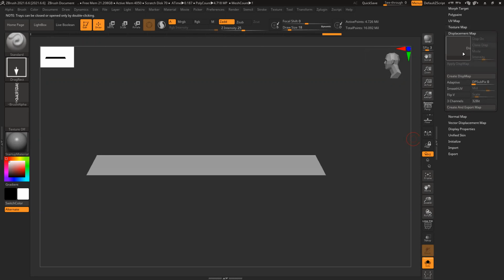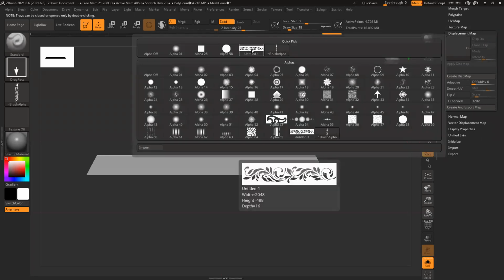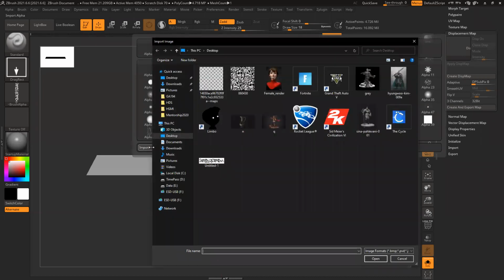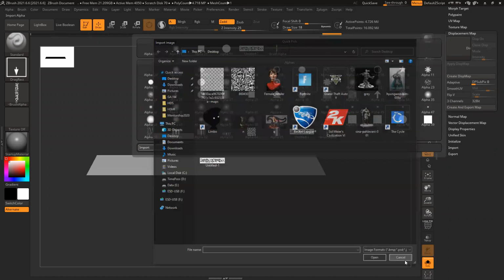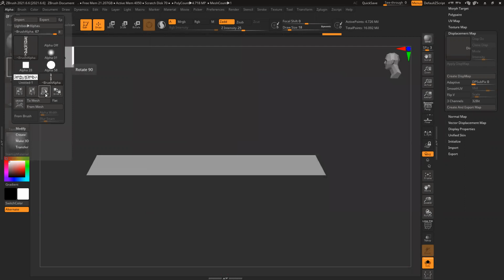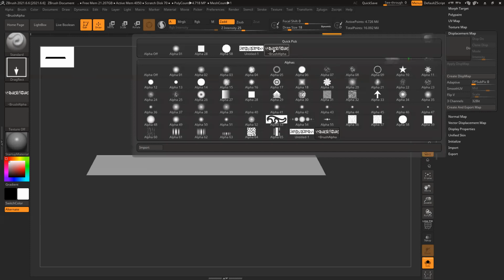Texture, displacement. Okay, this one only I have to use. So the only thing for this, I need to rotate the alpha again. And then I can pick this one.